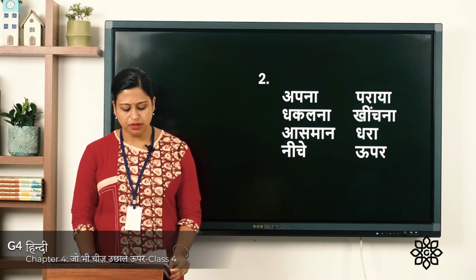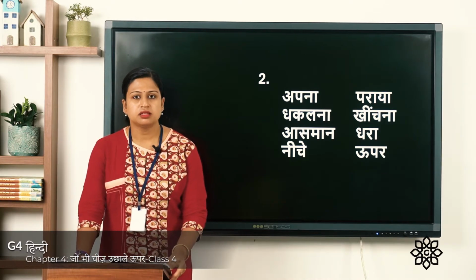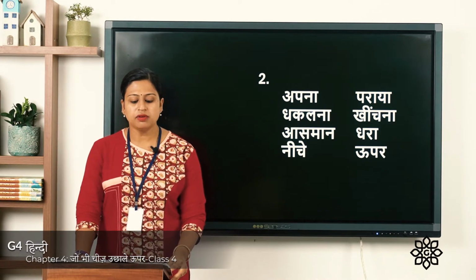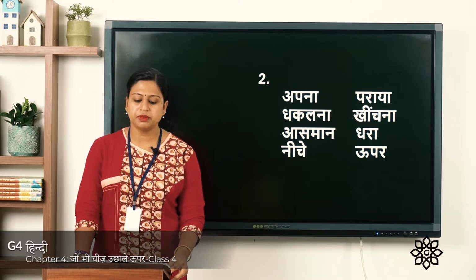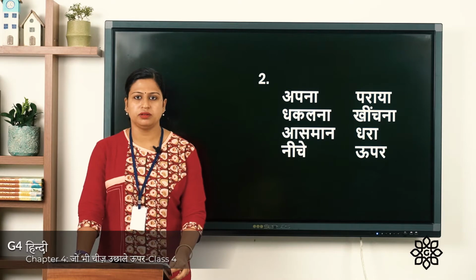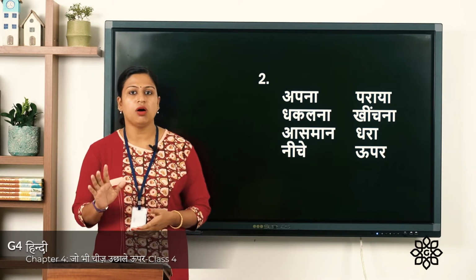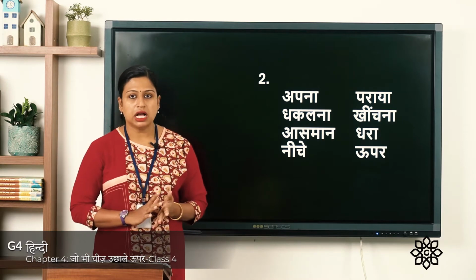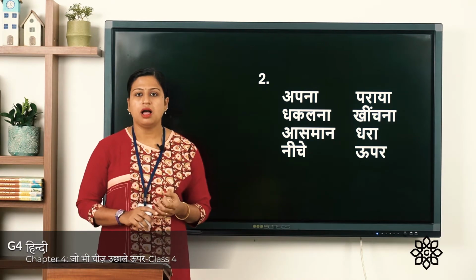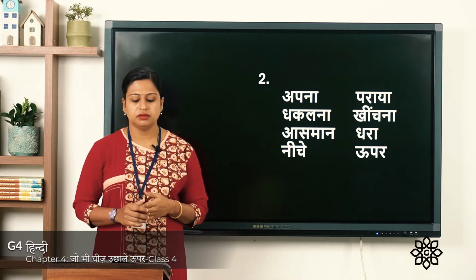Now let's move to page number 24. That is the third exercise. The question is, समान अर्थ वाले शब्दों से अलग शब्द पर सर्कल लगाइए. Circle the odd one. So you can see 4 options are given and you have to circle the odd one. Ka. Words are bal, shakti, takat, nirbal.